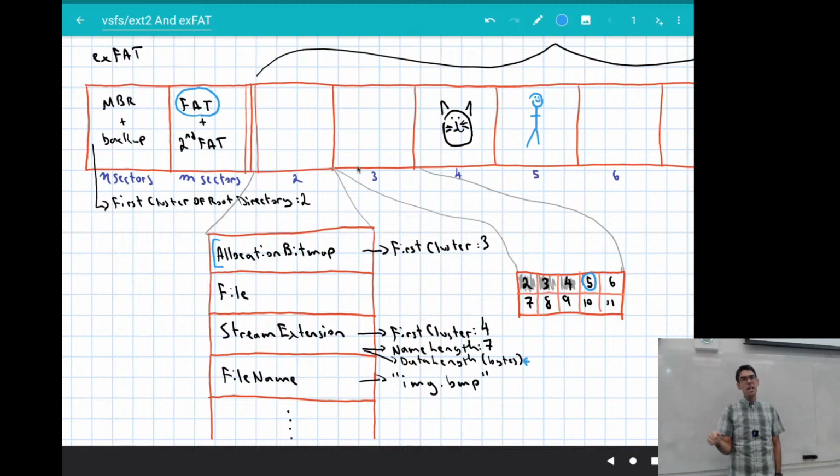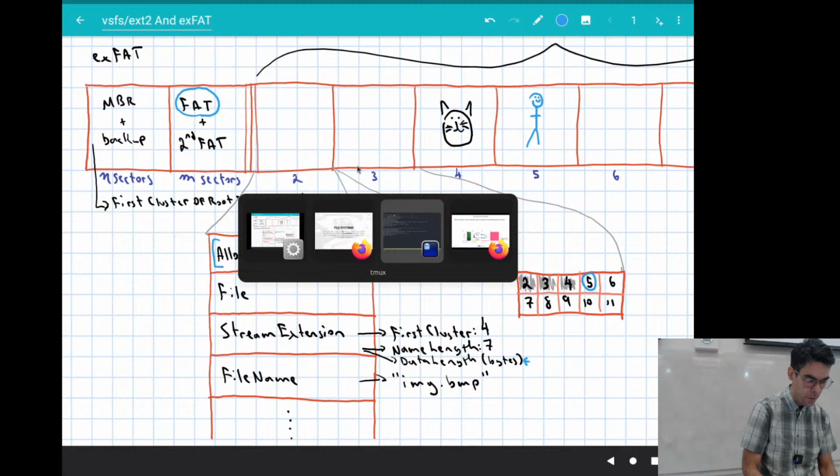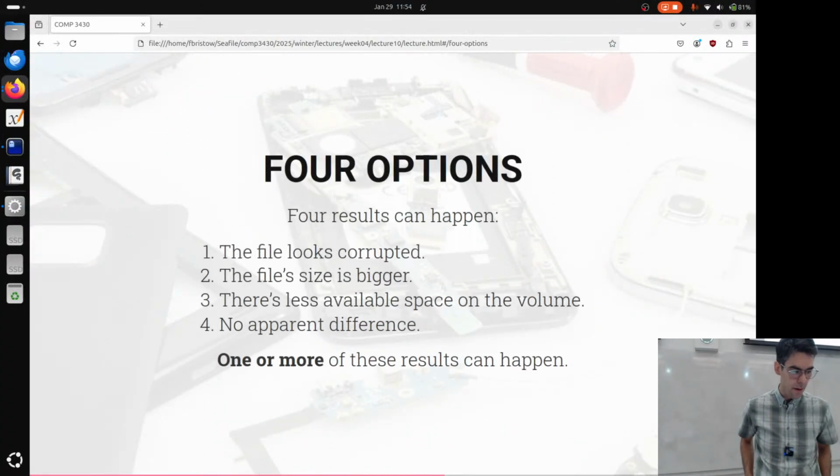We're not changing the name, so we don't have to change the other things about this. We don't have to change the file name entry in this directory entry structure or entry set, but we do have to change that stream extension to indicate that there are more bytes in this file right now. Are we all okay with these changes? Okay. So now I'm going to switch over to my slides here.